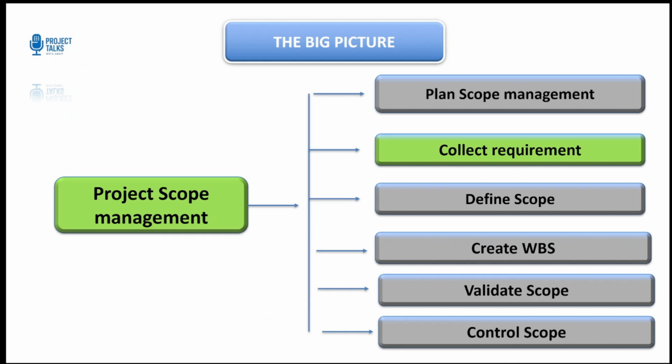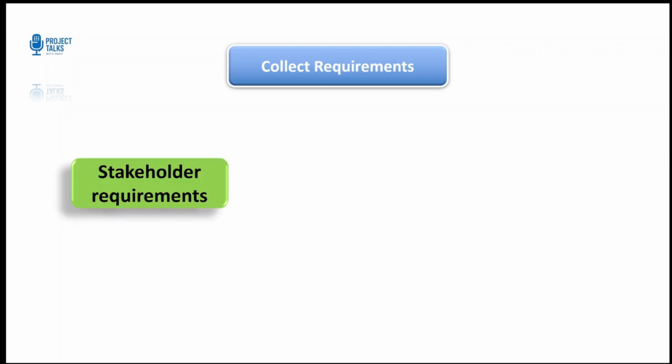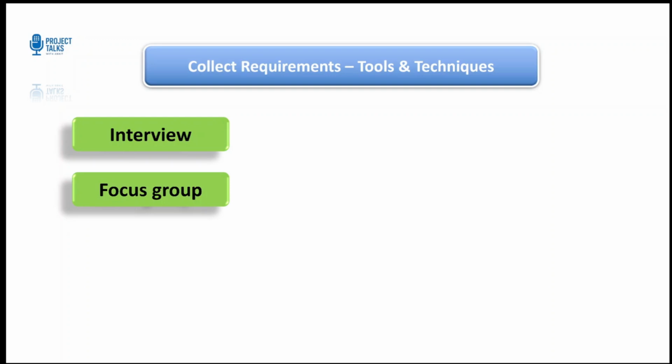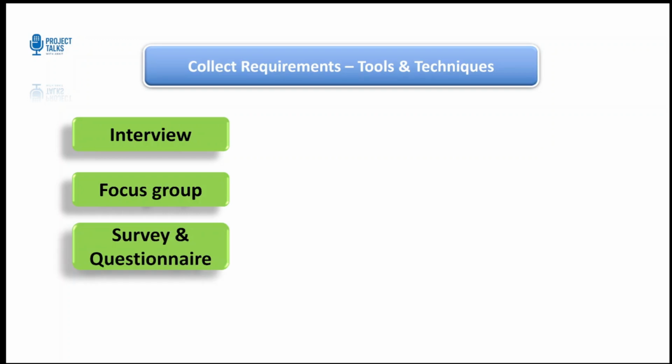Now, since we have discussed plan scope management, let's get to the second point: collect requirements. Once the approach is defined, we start gathering requirements, the foundation of your scope. This process transforms stakeholder needs into detailed and measurable requirements. The PMBOK suggests several tools and techniques here, including interviews, which are one-on-one discussions, focus groups and workshops to gather diverse perspectives, surveys and questionnaires for large stakeholder groups,